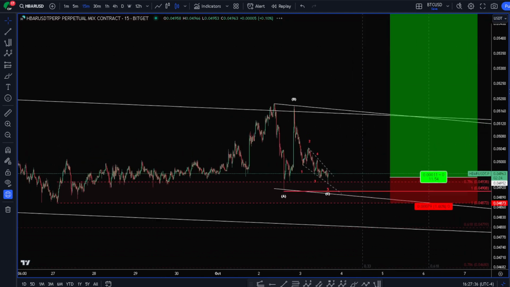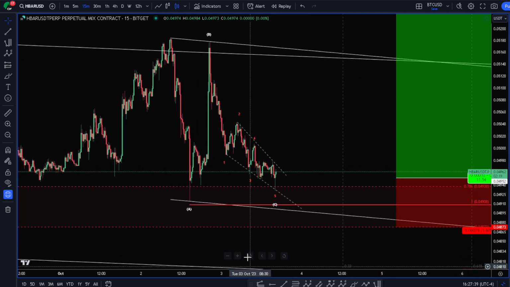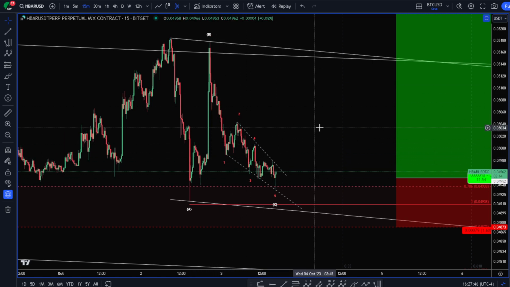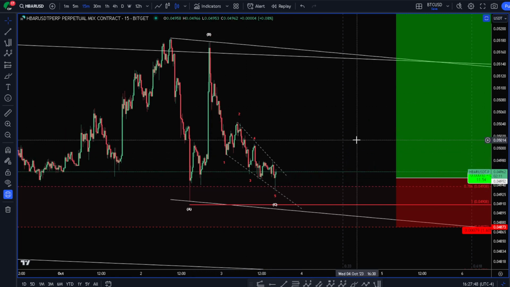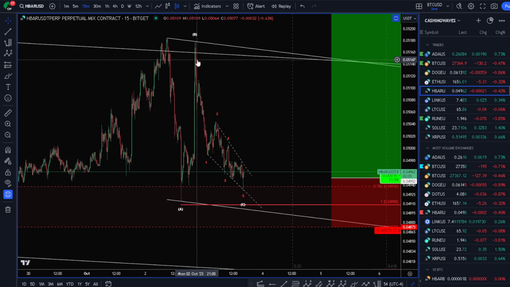Just wanted to give you guys a quick update on HBAR. I just got my entry right now. I see this as potentially an ending diagonal that completed, or we need a slightly lower low. Just real quick, the reason why I did that, I was looking for the one-to-one extension here of our A wave for our C on